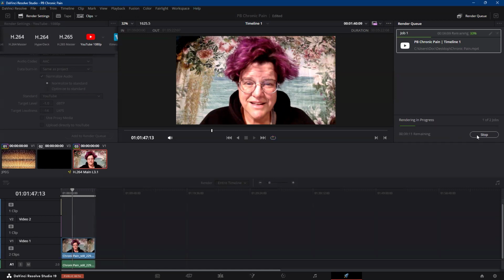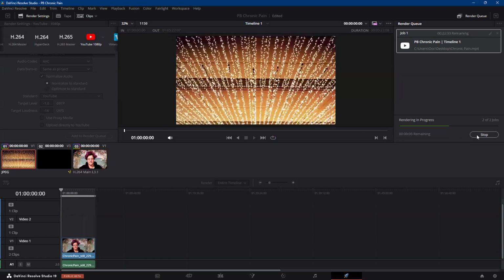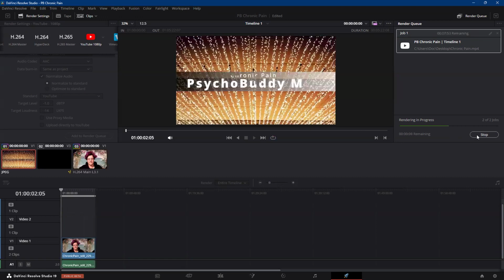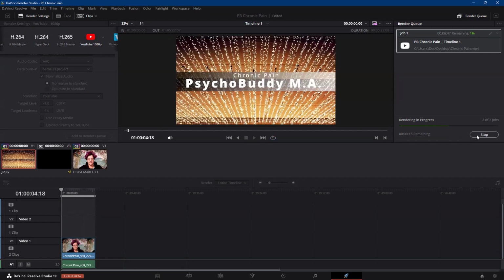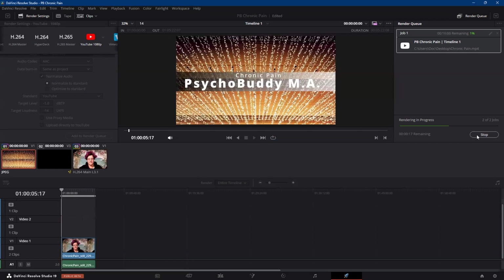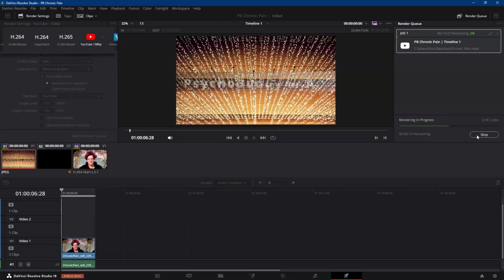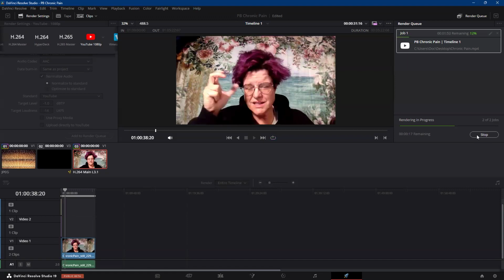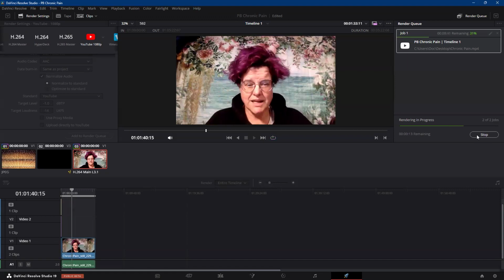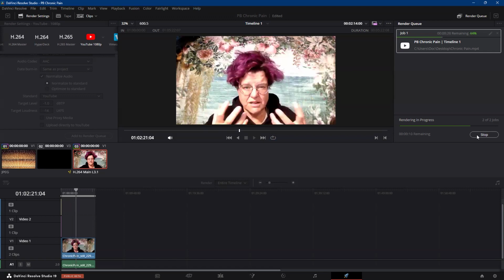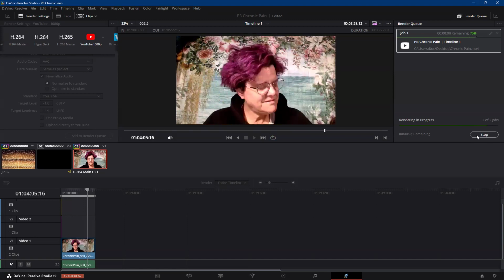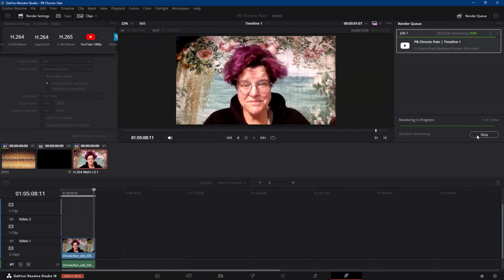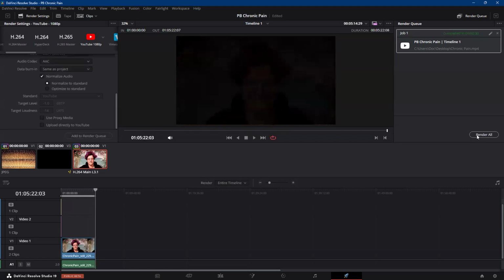Now, when you're doing the normalization, it's going to render two things, even though we're only rendering one file. Because the first thing it does is normalize the audio, and then the second job is to render the entire video. This can be kind of long sometimes. It depends on how fast your computer is, and on how much we do to the files. The more we do to it, the longer this can take. So looks like we are about finished. And that's it. So once it's completed,